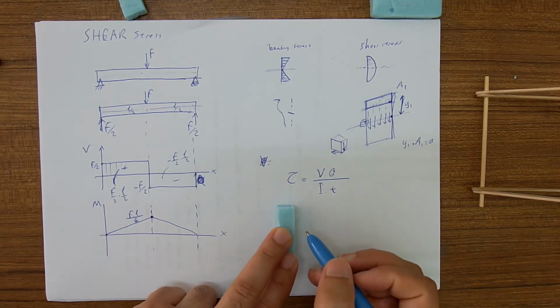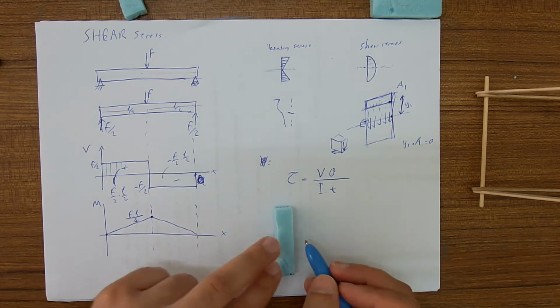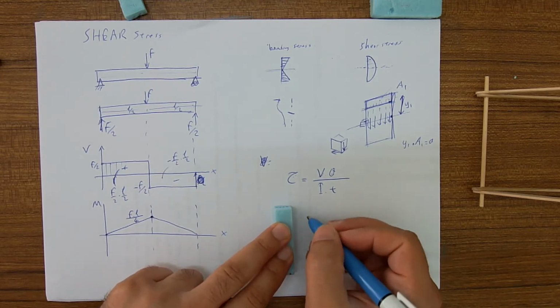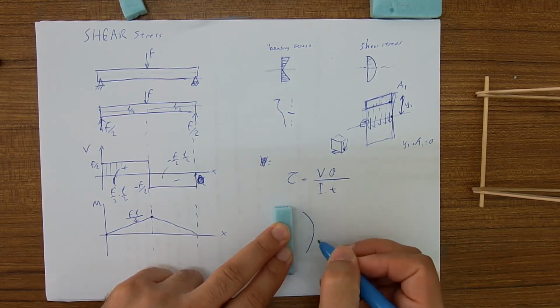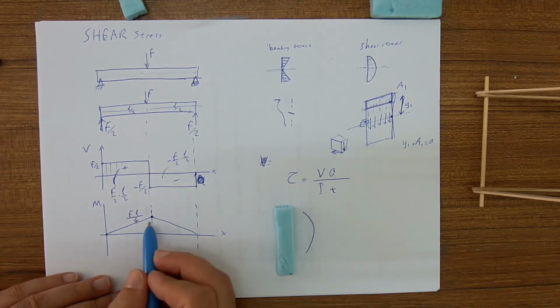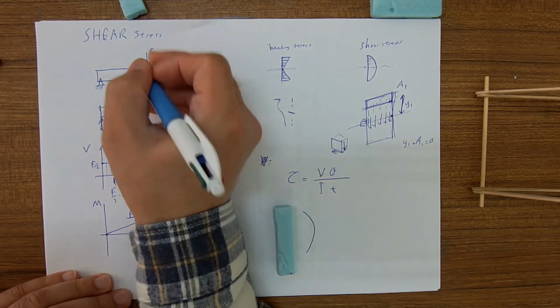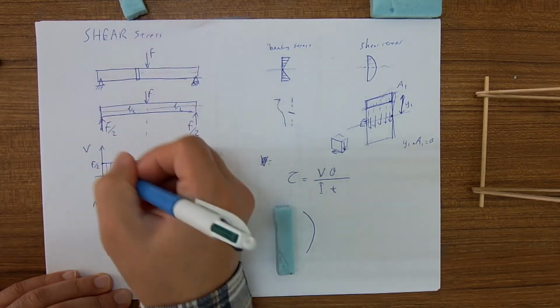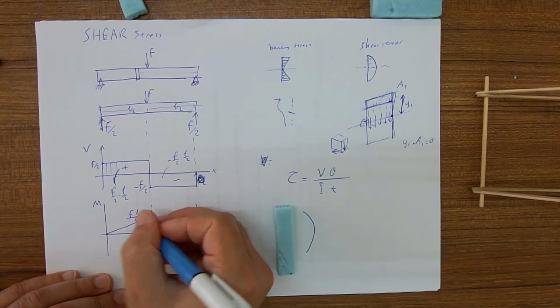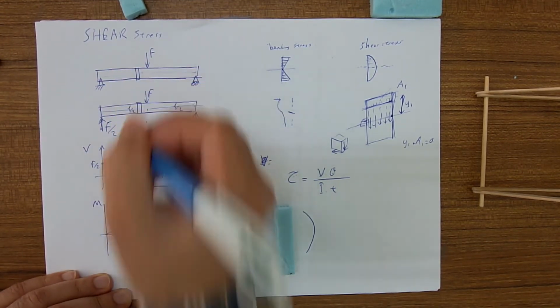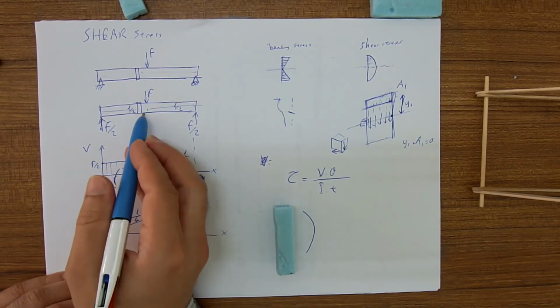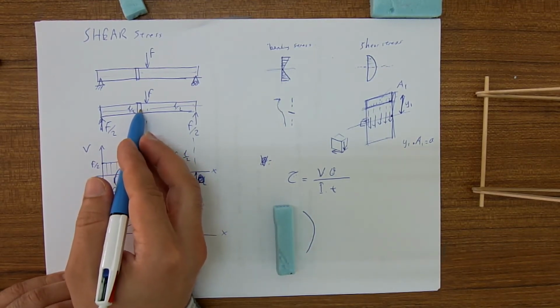The moment, just to the right, what is it? Is it positive or negative? Say that we cut out the segment here. So the moment to the right of this segment